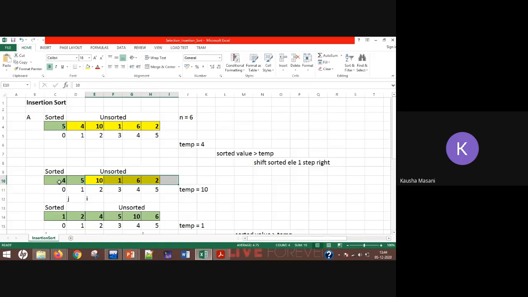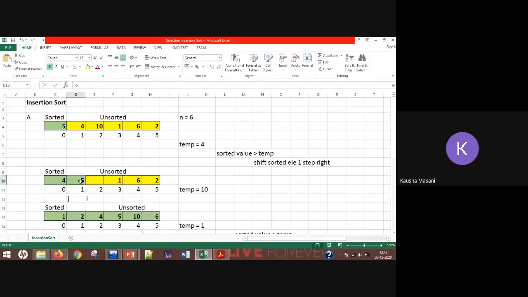ये स्टेप समझ आया कि 4 को कैसे उसकी सही जगह मिली सॉर्टेड लिस्ट में? Okay, now you are going to do the same procedure for this temp. ठीक है। टेम्प को हमने पहले कॉपी किया टेम्पररी वेरिएबल में, ठीक है। तो बेसिकली we can now overwrite this